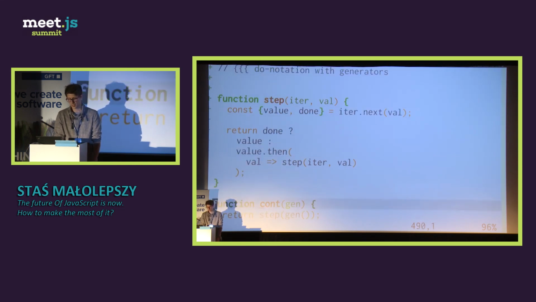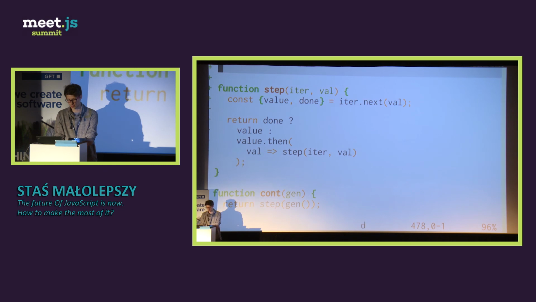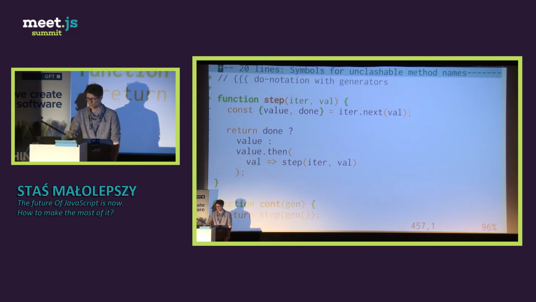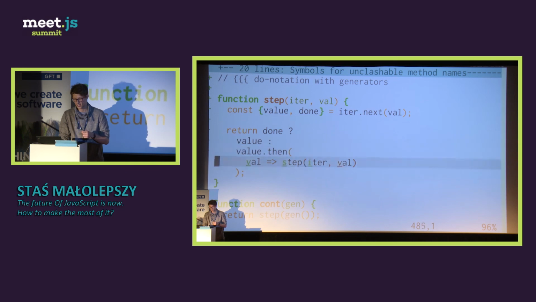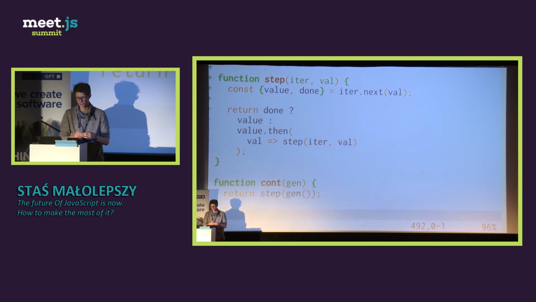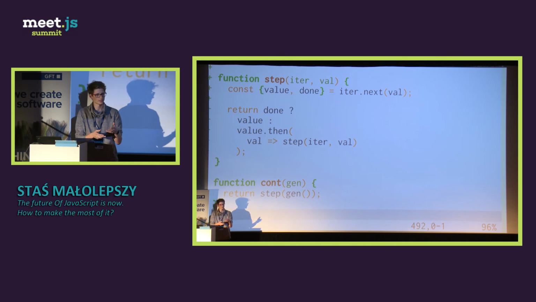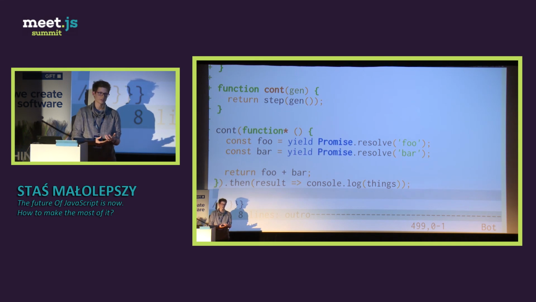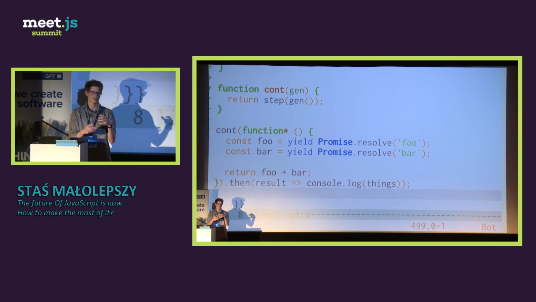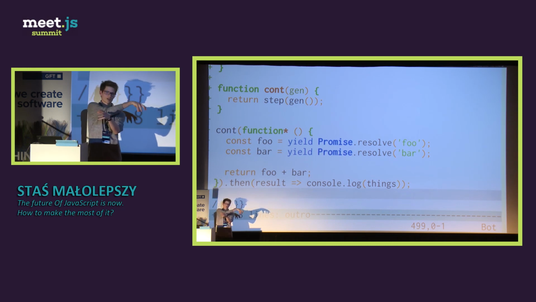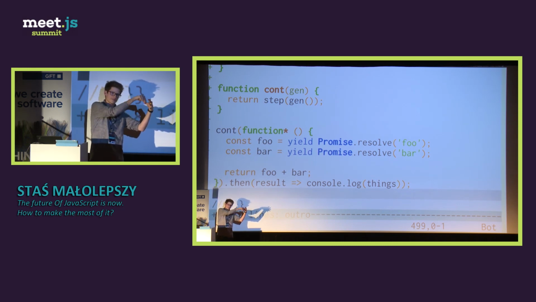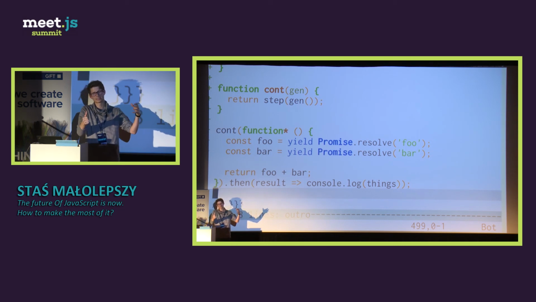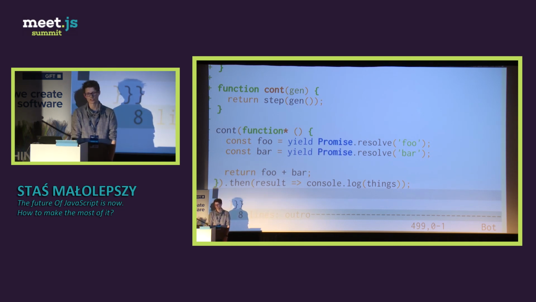And lastly, and this is the end, there was a great talk about monads today, and if you're interested in monads, I really recommend learning a little bit more about promises and how they implement the monad protocol. And if you're familiar with the do notation from Haskell, you'll notice that you can achieve something similar with ECMAScript generators. You can yield promises from inside one function into a function that handles the promise and then feeds it back into the generator. So that's